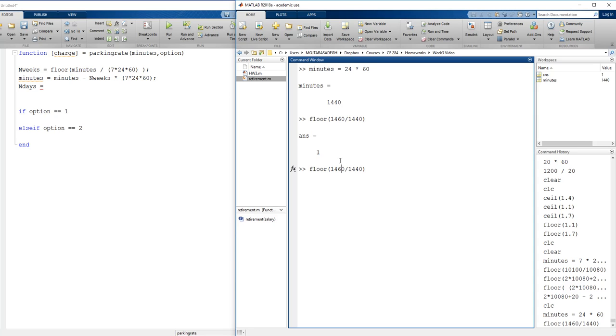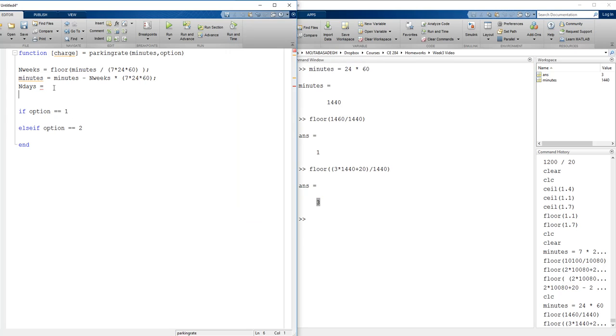If I have 3 days and 20 minutes, it's like I have 3 days, each day is 1,440 minutes, plus 20 minutes. So I have 3 days plus 20 minutes in the number of minutes that I have, and I divide that by 1440 and take floor of that. That again will give me, I have 3 days in here. So I'll copy and paste this right here, floor of minutes divided by,